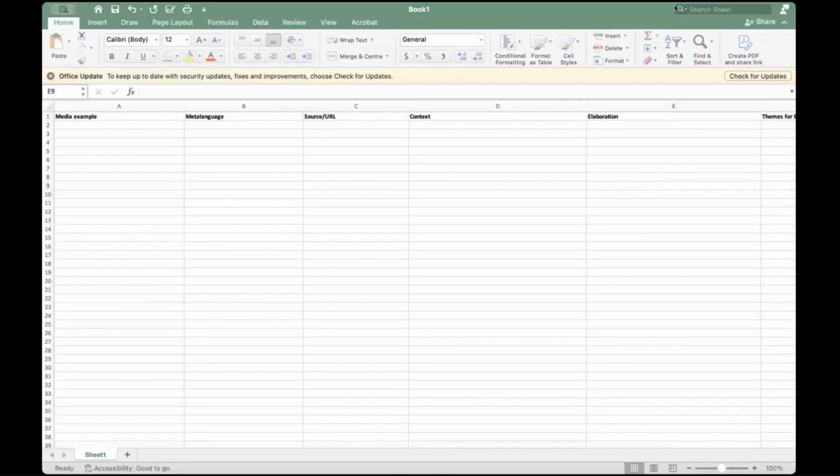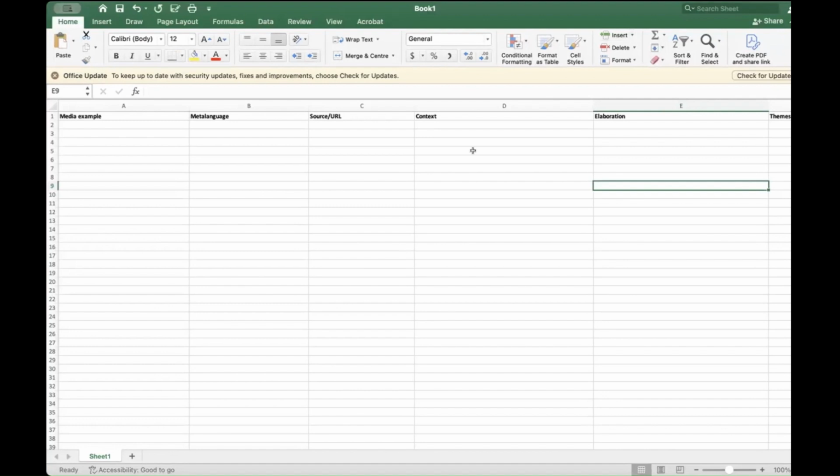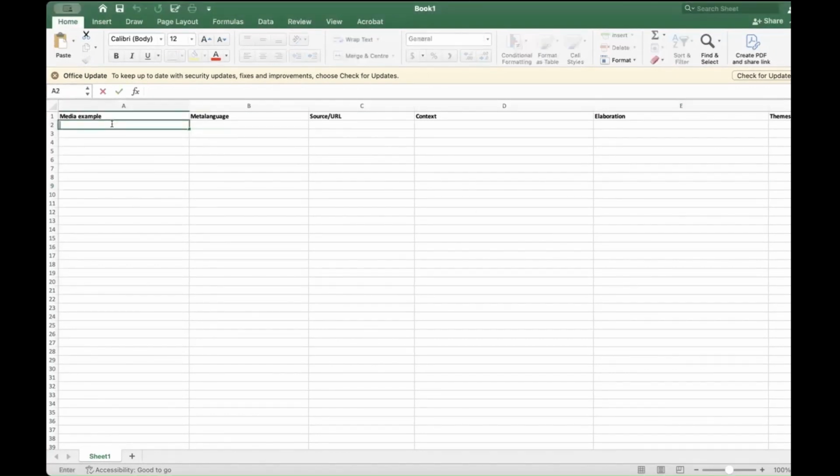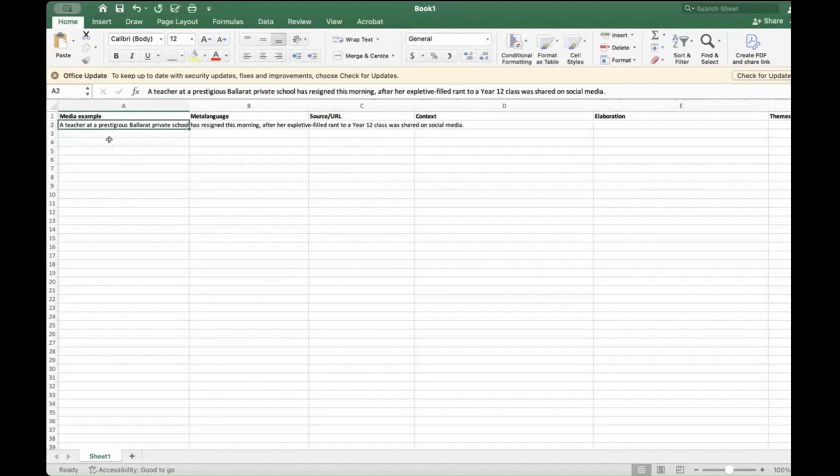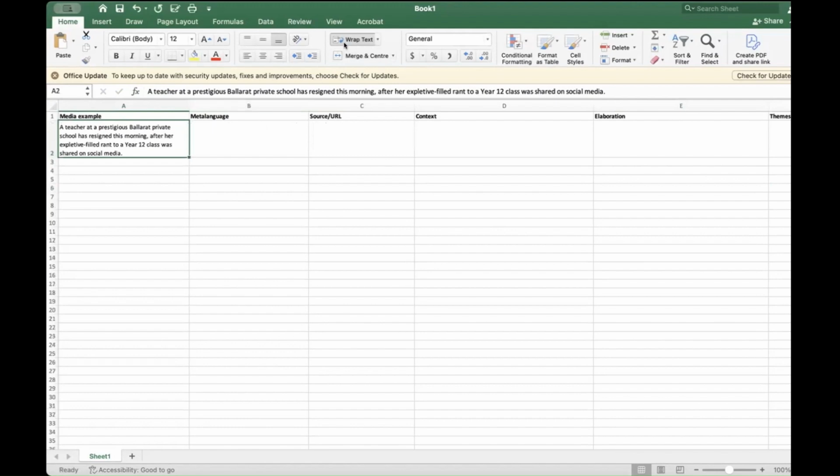So how do you actually log examples? How do you actually transfer examples from a website, or whatever you find an example in? How do you log that? First of all, just copy paste from the article. So look at what I'm doing here. Copy paste that. Now, the reason why I want you to do it on Excel is because you can easily format it. So wrap text. You go wrap text if it's too long.